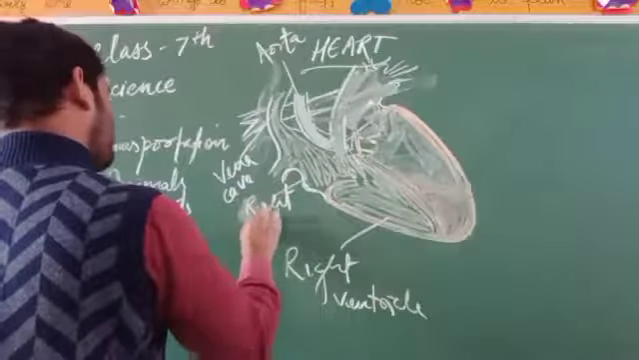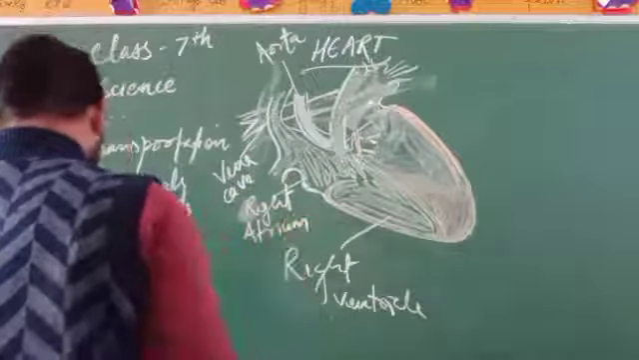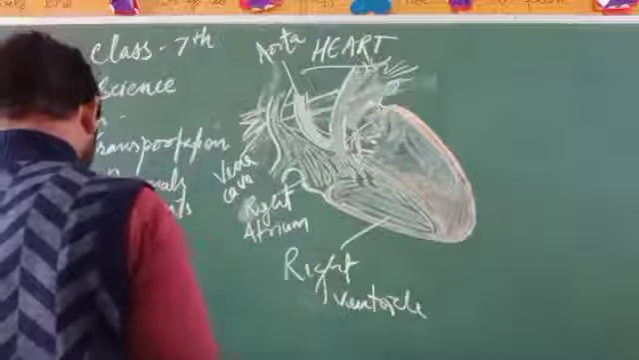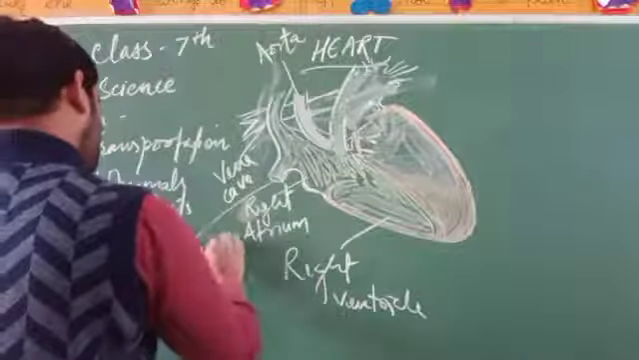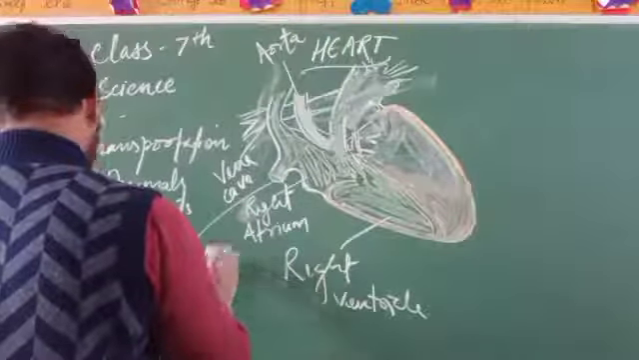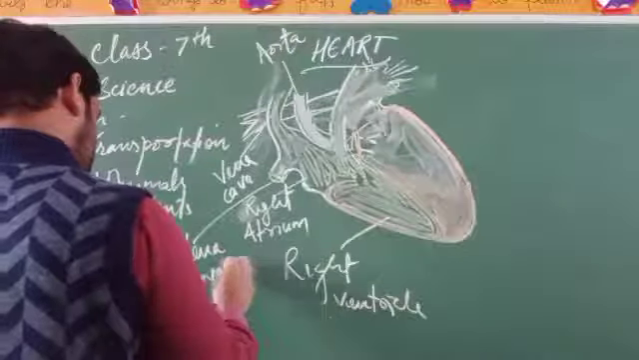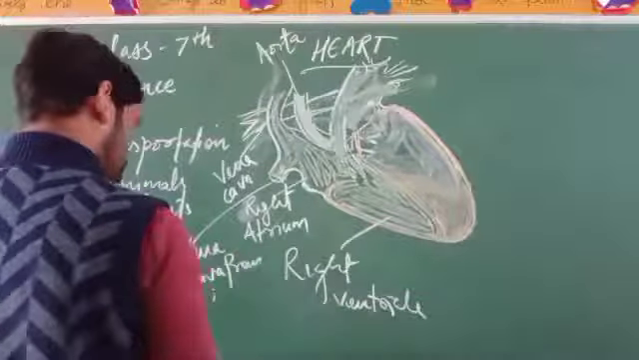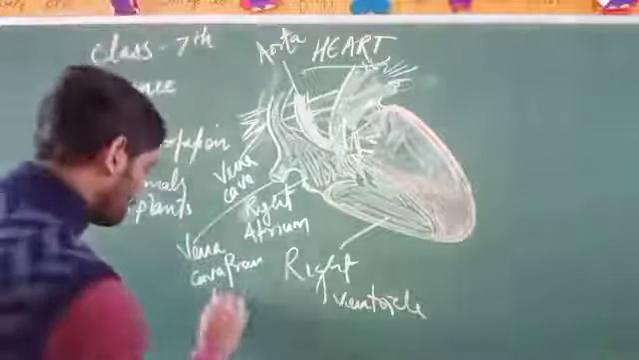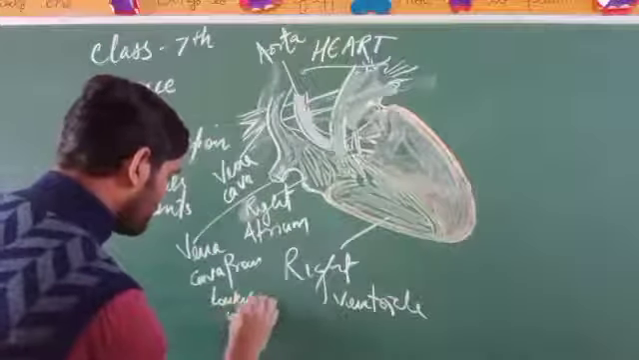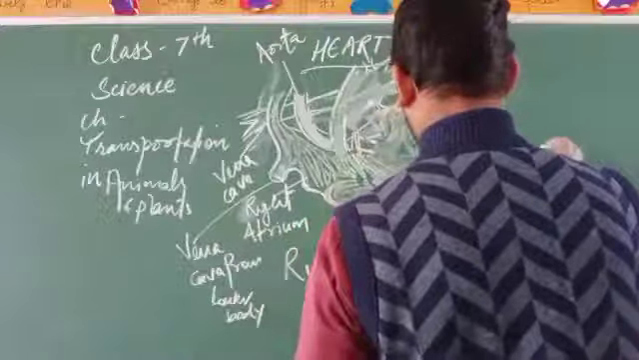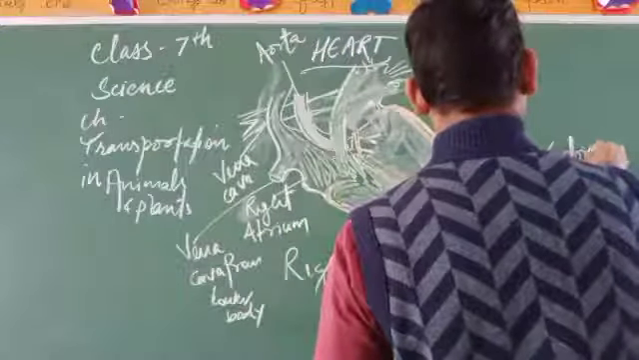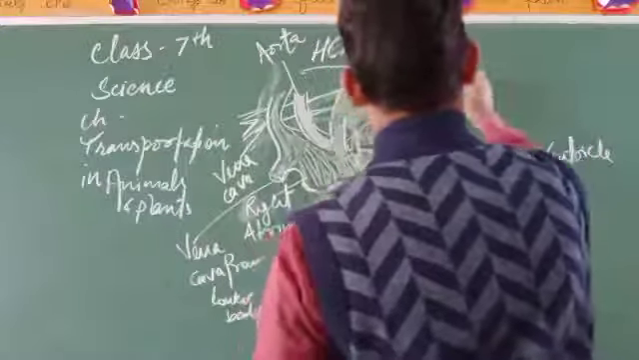the right atrium, that is vena cava from the lower body, and that is the left ventricle and left atrium,